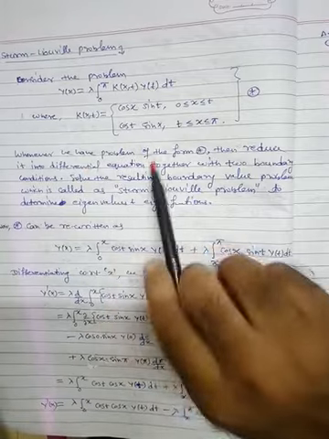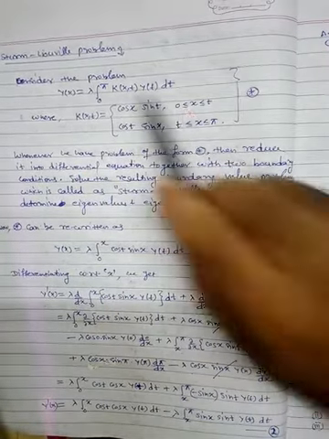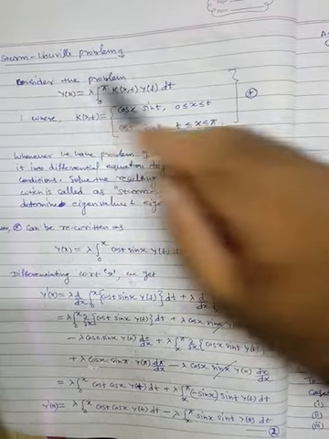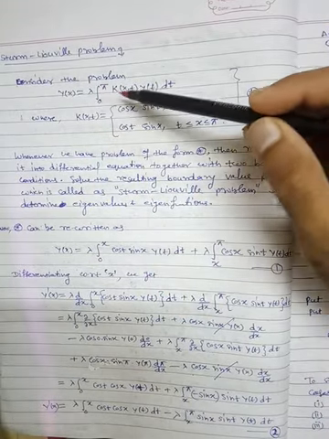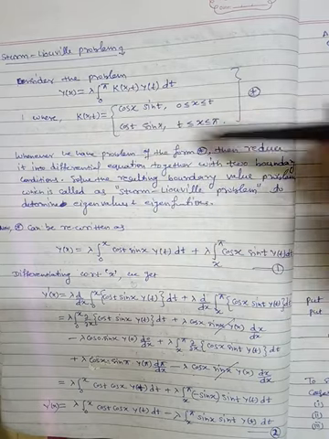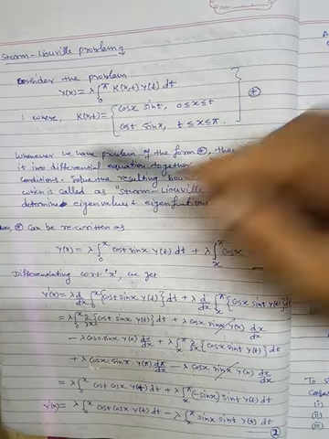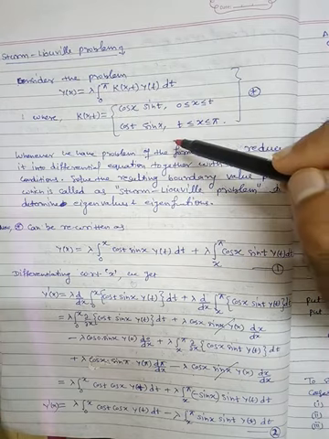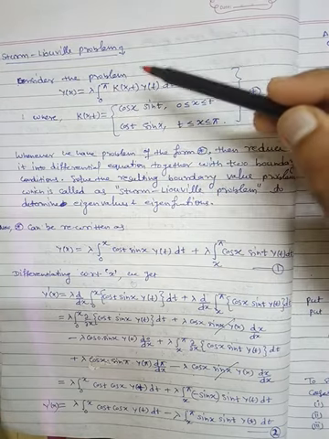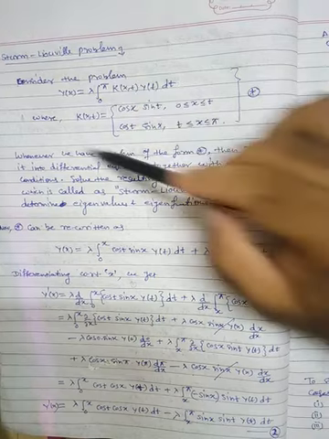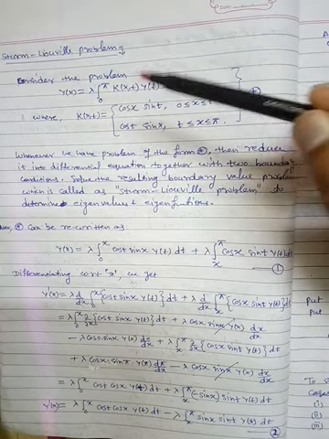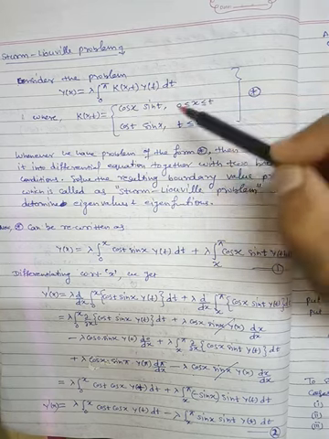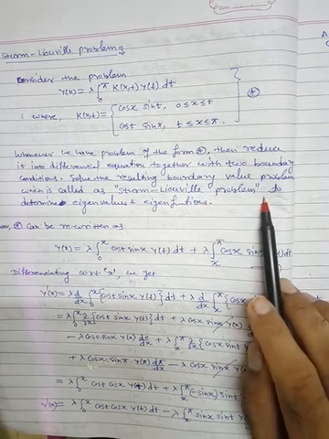So whenever we have a problem of this form, that means whenever our kernel is in the form of branches and the equation is a Fredholm integral equation of the second kind, then this equation, number star, reduces to a differential equation. That means we will not solve this integral equation; rather we will solve the corresponding differential equation. So first we will convert this equation into a differential equation and then we will solve the problem. And this type of problem is known as the Sturm-Liouville problem.